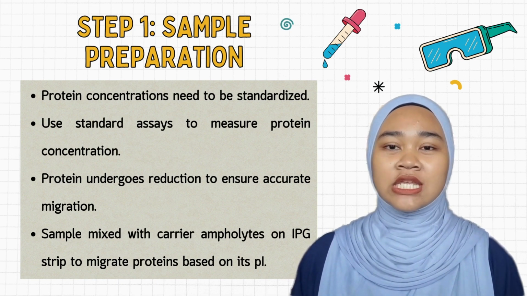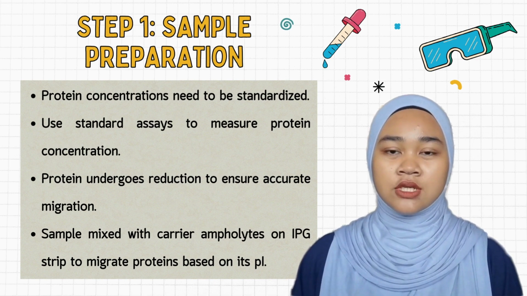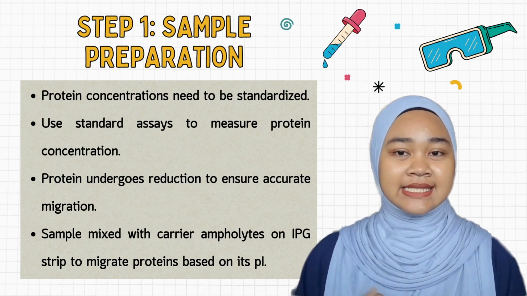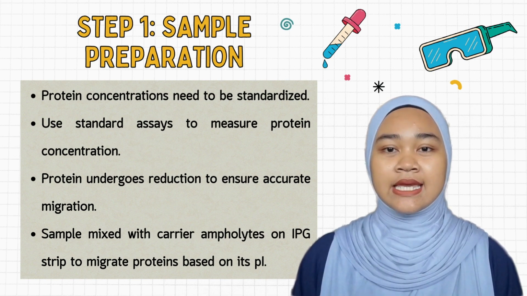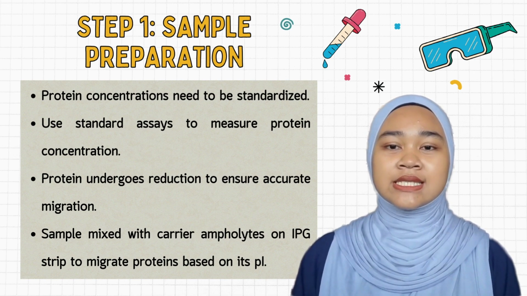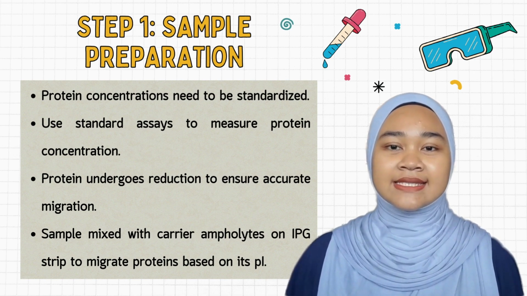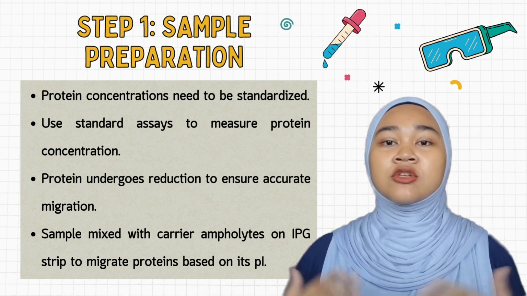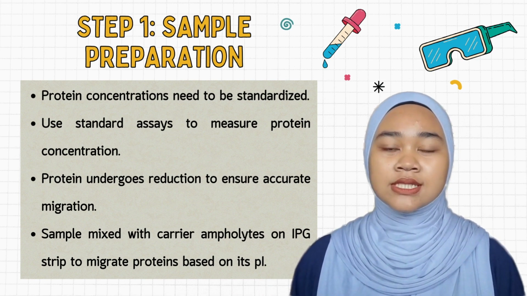First things first, we need to ensure that the protein concentration is standardized for all samples. To do this, we can use standard assays like the Bradford assay or BCA assay to measure the concentration of proteins in a solution. Next, the protein will be reduced by using reducing agents to break disulfide bonds in the proteins,